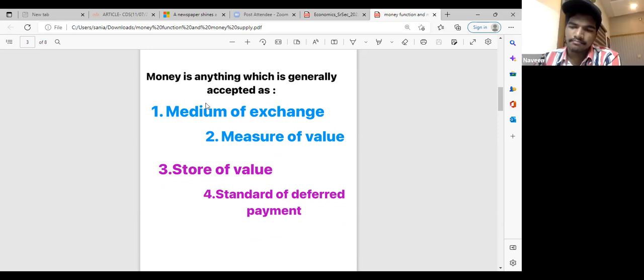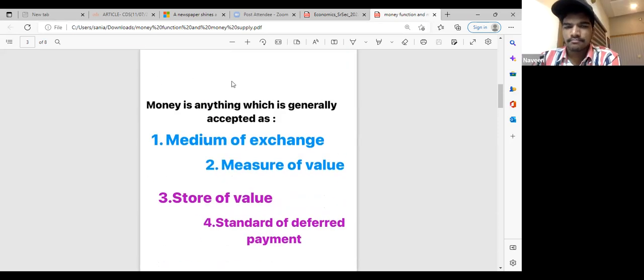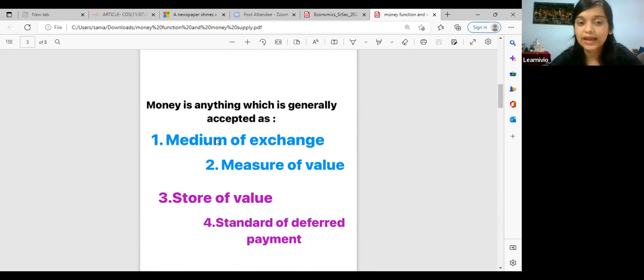So first of all, you will write meaning of money, and then you will write this. Just write it in 1, 2, 3, 4 points differently. Why? Because it will be easy for you to learn. Write it down and then you will tell me what is money. Of course, you can take help from your notes, read it out and then tell me.